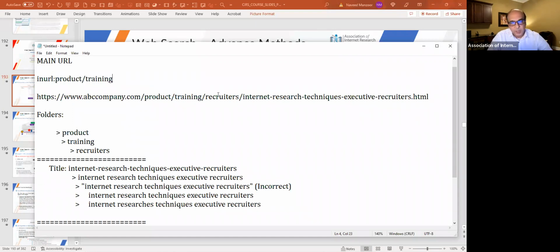So the entire length, and so we can continue, or we could also write in URL training. So what this would do is look for the word product, and in the second instance also look for the word training. Similarly, if I put in URL